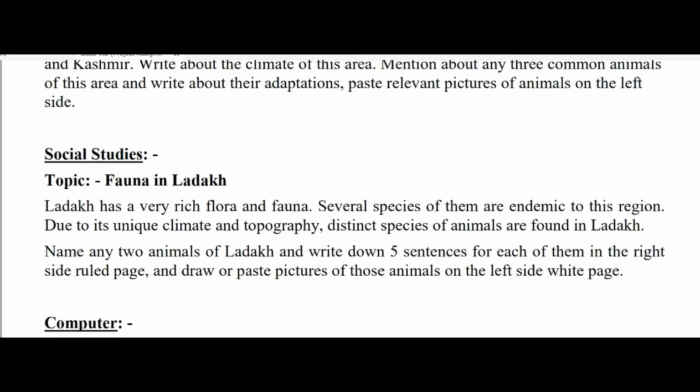Due to its unique climate and topography, distinct species of animals are found in Ladakh. Name any two animals of Ladakh and write down 5 sentences for each of them in the right side of your project copy and draw or paste the relevant pictures on the left side of your project copy.